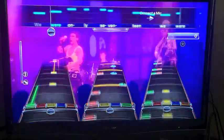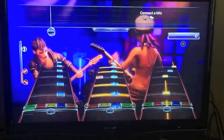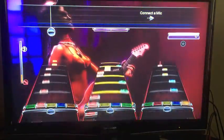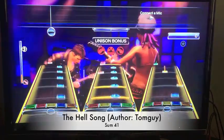Let's go into our next song of the week. Next song is from a band that I've always wanted in Rock Band, and we've had some DLC, but this song was sorely missing. This is The Hell Song by Sum 41, and this song is